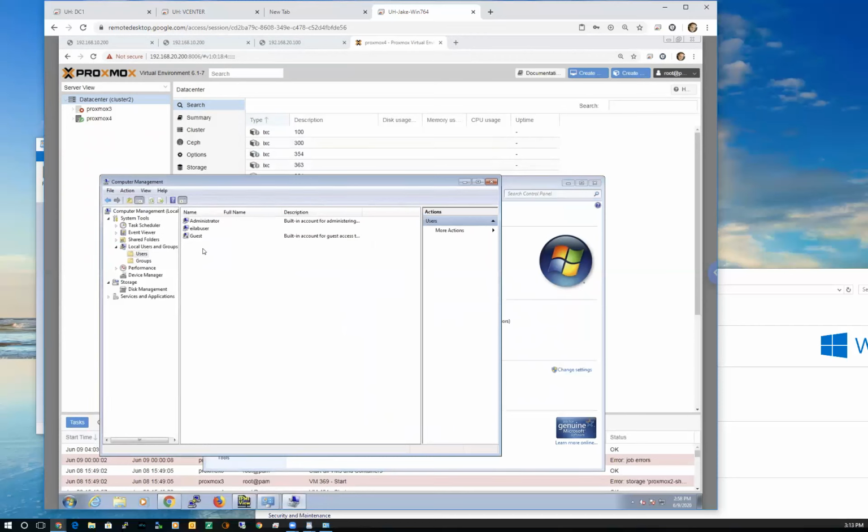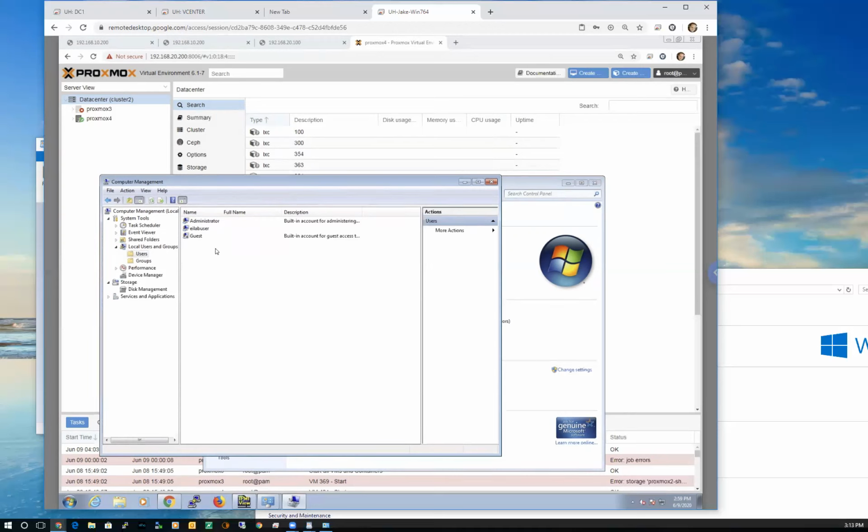So one concept that confuses a lot of people, even people that use Windows a lot, is that you have local users on a computer, which are basically workgroup users, local only on that computer. Then you have domain users. Domain users don't show up in this list, but it's important to make sure that you've got at least one local user. And this is the only reason I'm showing you guys this.